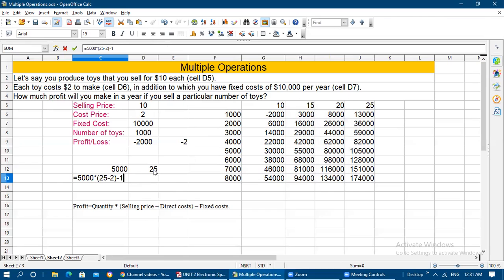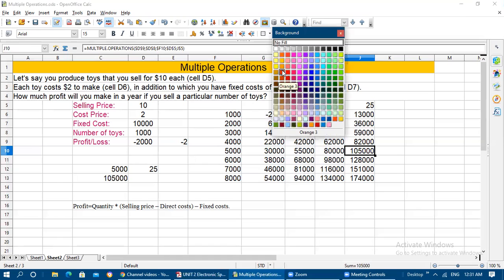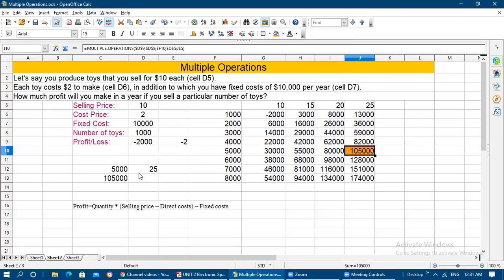The fixed cost we are fixing as $10,000. Now if you enter, you are getting 1,05,000. Okay, so see here, the 1,05,000 value we obtained here is the same 1,05,000 we have got here. So the answer is correct. The answer we have got in this multiple operation is correct.